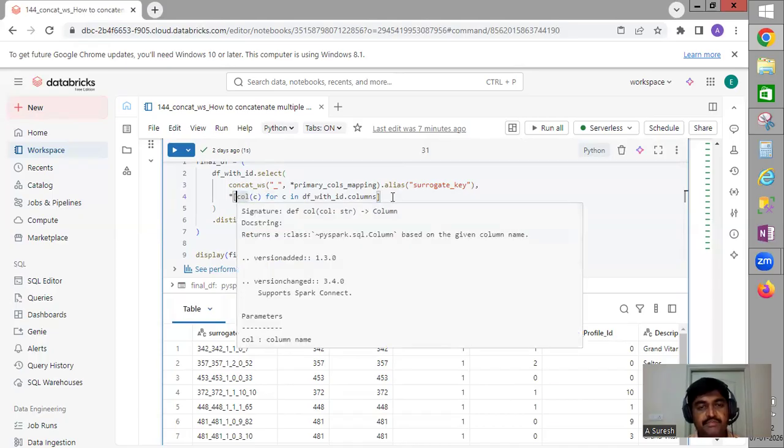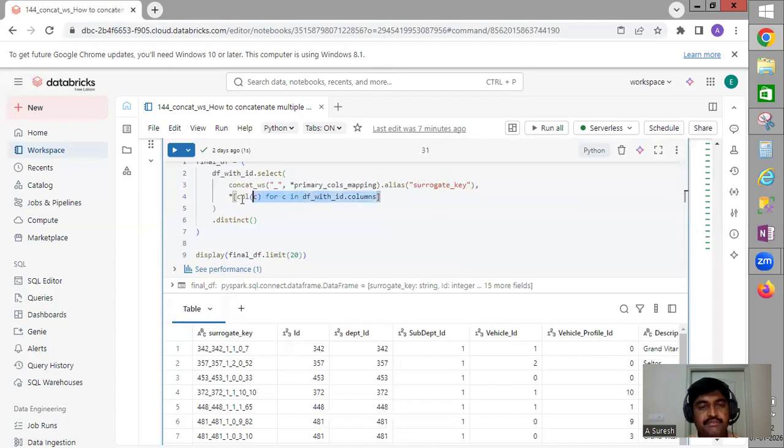So the first output from this, you will get ID. That means col ID. In the second iteration, you will get this one, department ID, and so on. So by using this list comprehension, you will get the columns one by one added. Why I gave list comprehension is,